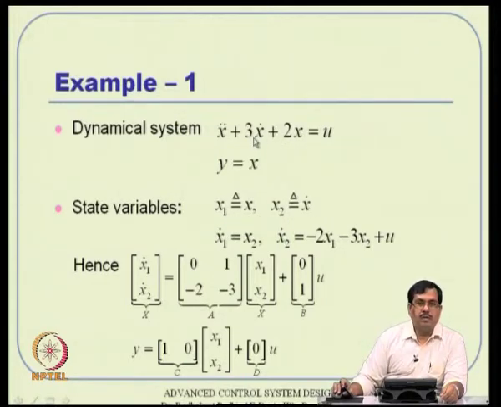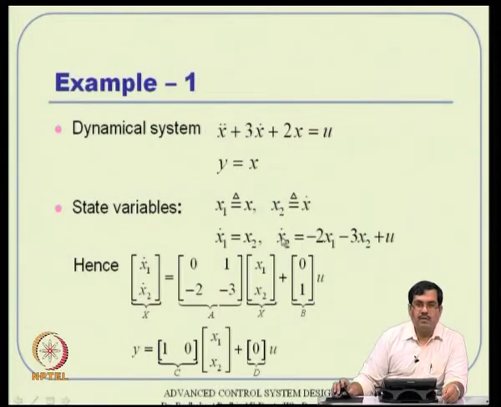I will stop at the n minus 1th derivative as far as definitions are concerned, because I need n variables actually. So, it is a second order system. So, I need 2 variables here, x1 and x2. Now, x1 dot is x dot, and x dot is x2. So, that will come simply by definition.